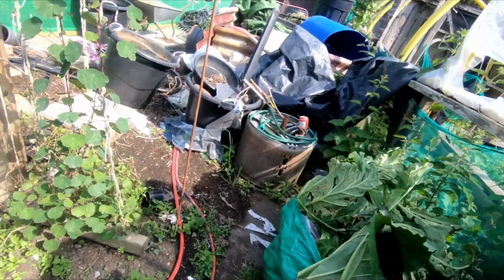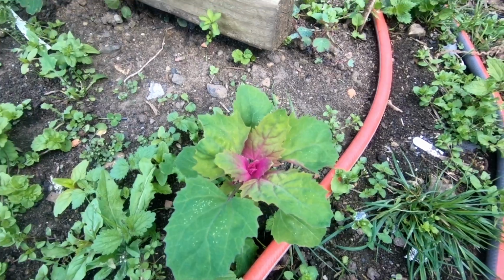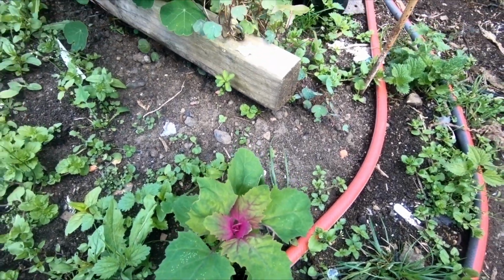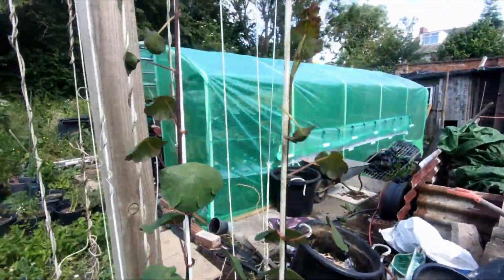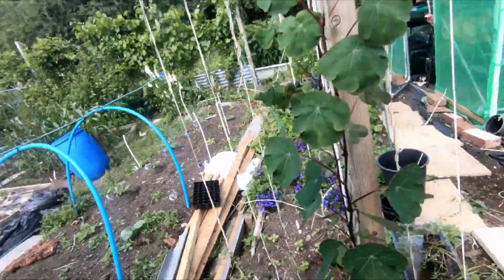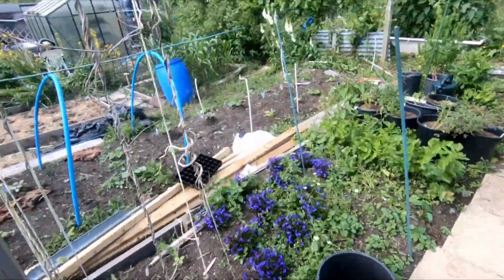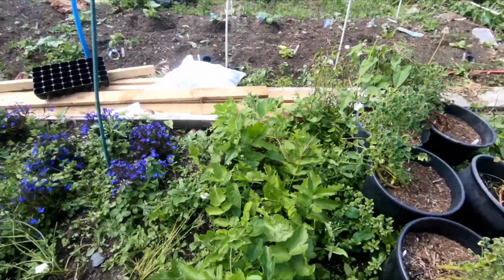Next bed up, you can see some purple magenta tree spinach growing here. There's a couple of volunteers around here, just let them grow. And then I've got some mashua. See how it's going nicely up the strings. And across here we've got some lobelia, some parsnips, some pots of oca,